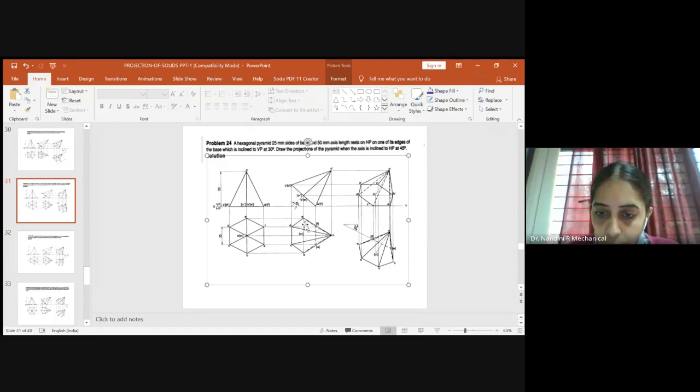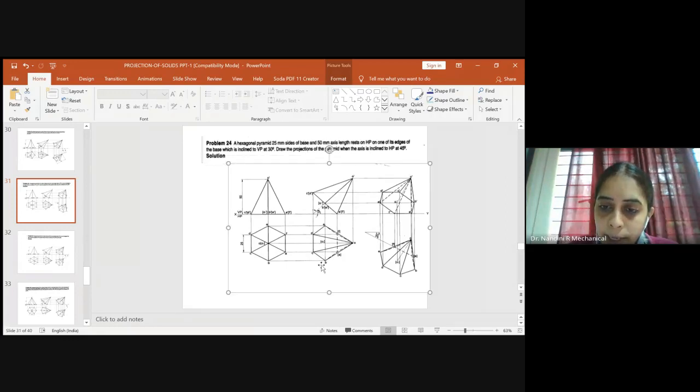So you should draw in such a way that the edge here is almost nearer to the longer edge, but still you should show the projection of the hidden line clearly visible. Okay, so this edge will be hidden, this will be hidden, and this will be hidden. Okay, that you have to show.